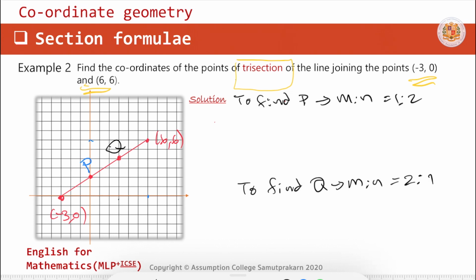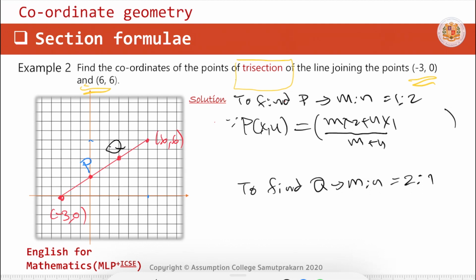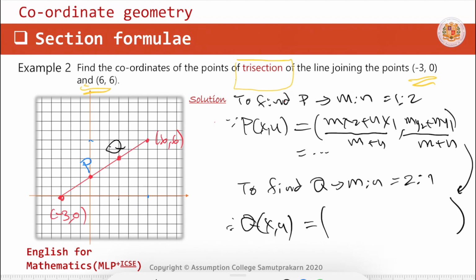Then you can start with the point P(x, y) equal to (m x2 plus n x1) divided by (m plus n), and (m y2 plus n y1) divided by (m plus n). You plug in the values of m, x1, y1, and you get the point P, and the same for Q. So you can start with Q(x, y) equal to that, quite the same formula,